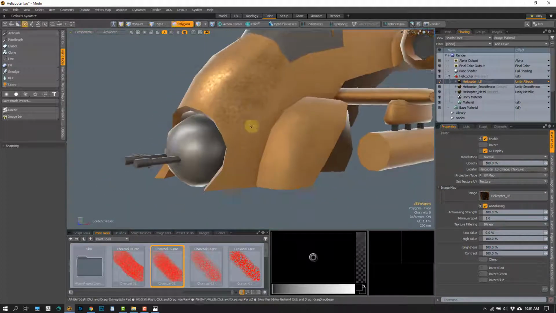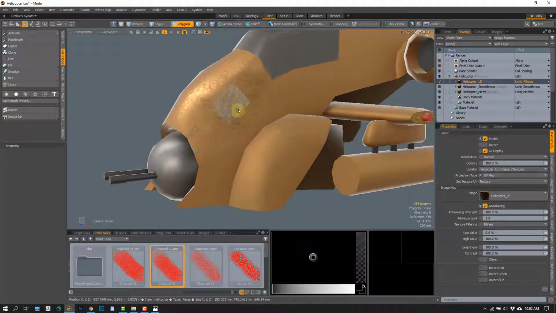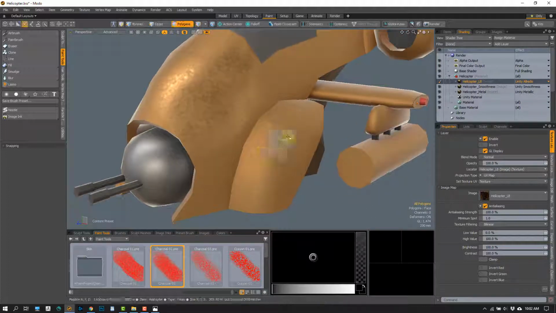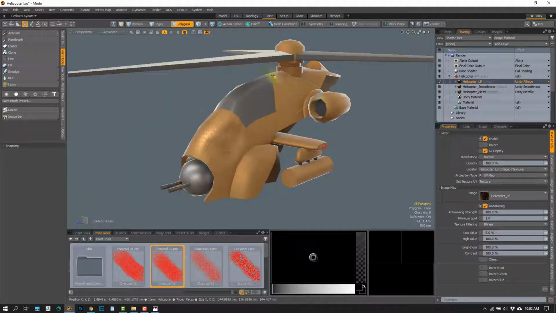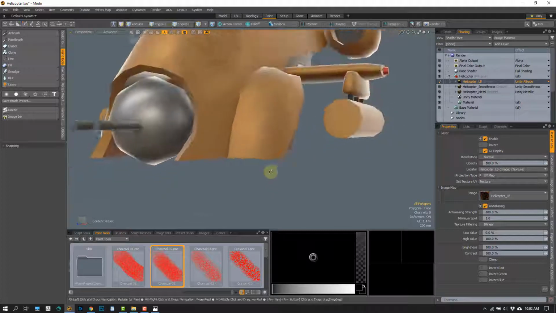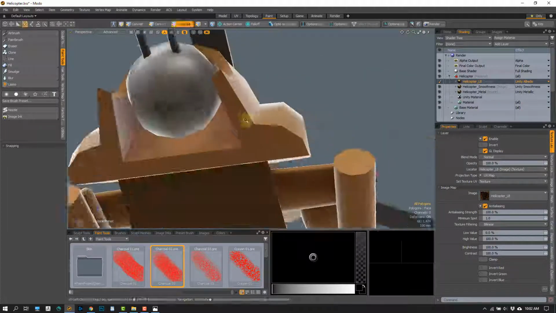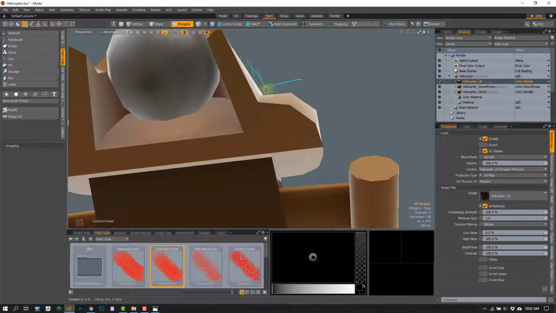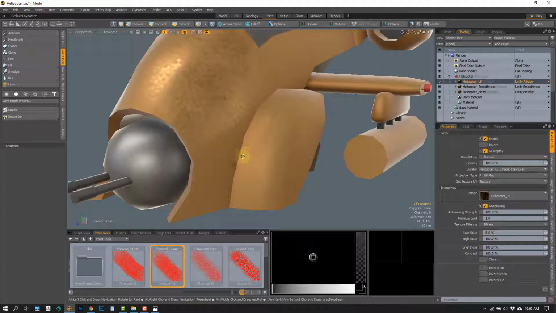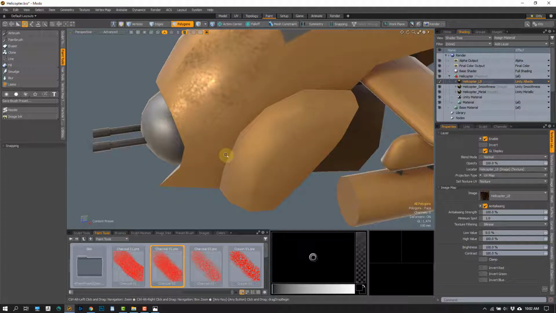Realistically from here, what I want to do is think this through as far as what my textures would be. This is brown, so I'm guessing it is a desert helicopter, but I don't rightfully know. Right here, we have this little panel, this little wedge right here. If you think of a car, anywhere there's a little wedge area, and especially this being on the front of the helicopter,